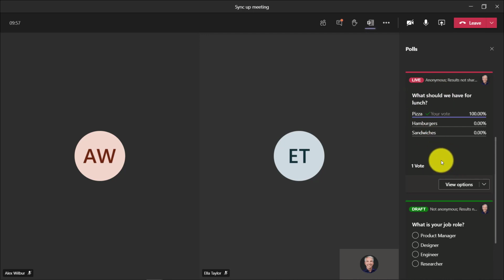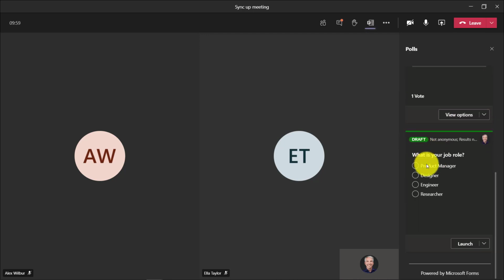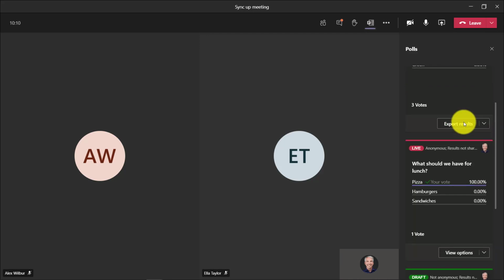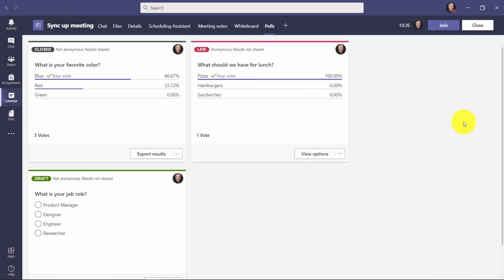I voted there. And the draft poll, this draft poll I have not launched yet, but as the organizer, because I'm opening up this polls tab here, I have the option to do all these things from right inside. So it's really slick in that you can control these polls from within the meeting like we see here, or back in the main Teams area where the meeting is set up. And also when you're done, you have that record of all the polls that were taken. In here, this polls tab lives along with the meeting.